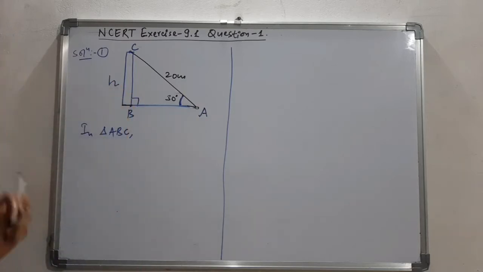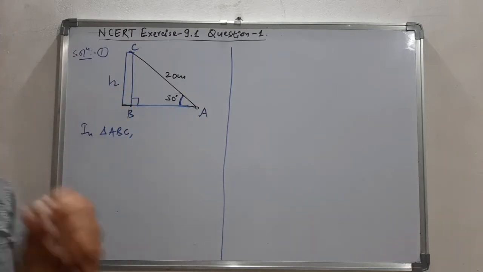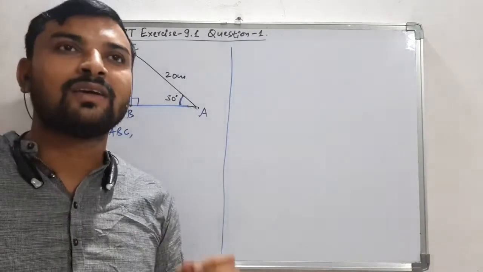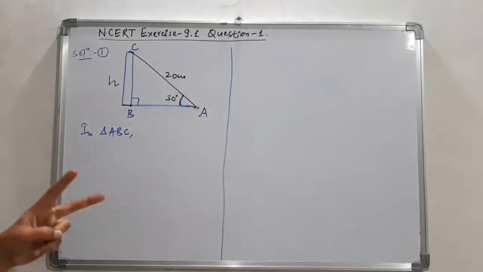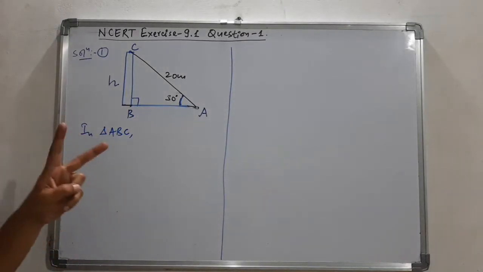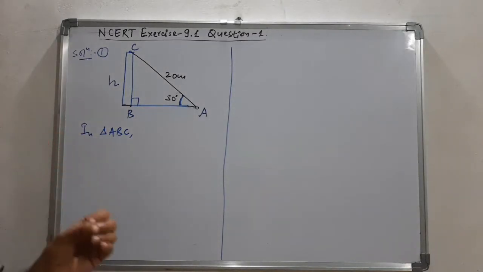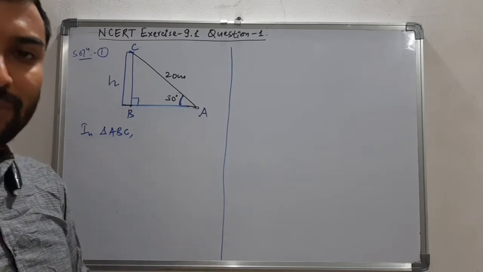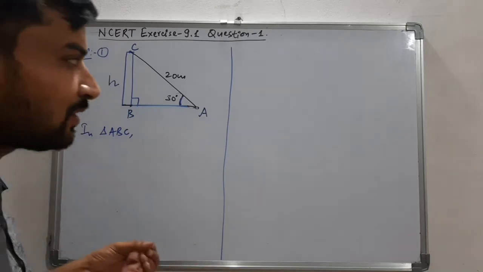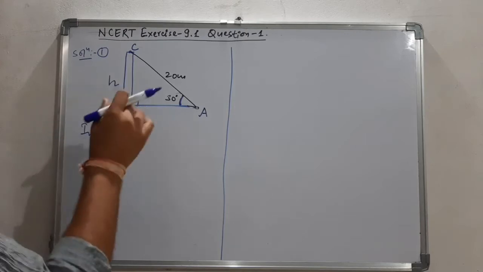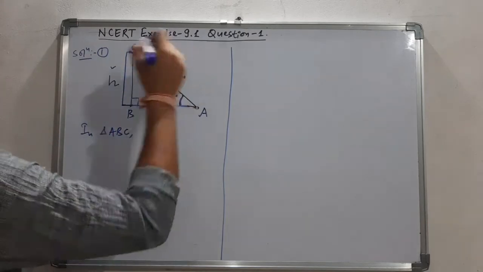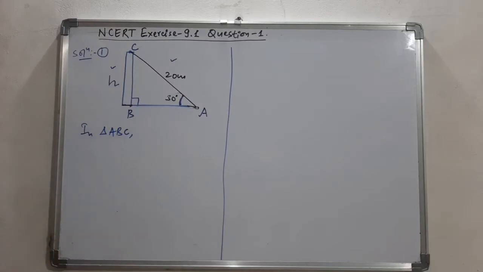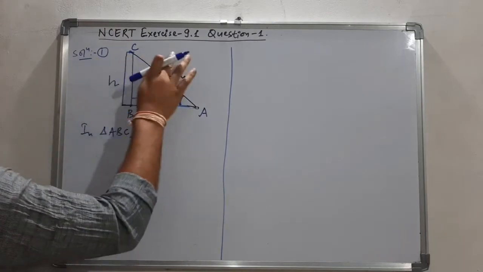So in all these questions, we have to take one situation where, according to the given sides, we have to select a ratio from all 6 available ratios, that is sin theta, cos theta, tan theta, and the reciprocals, that is cosec theta, sec theta and cot theta. हमको ऐसा रेशियो चूज करना है जिसमें हमको एक अननोन वैल्यू हो और एक नॉन वैल्यू हो. Then only we'll be able to solve the question.